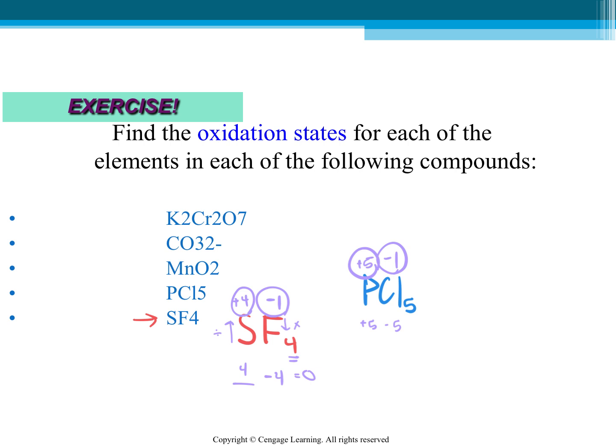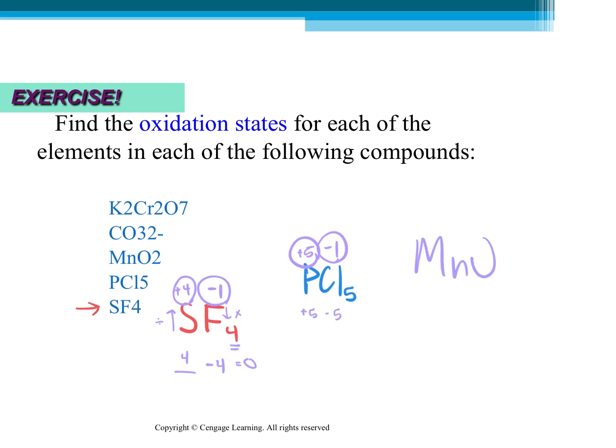So this is just us assigning oxidation numbers. We would have to actually apply this to a reaction, and we would do this for each compound in the reaction to figure out what was phosphorus before and what is phosphorus after. And that'll tell us, is it redox or is it not? Okay. Let's look at the next one,